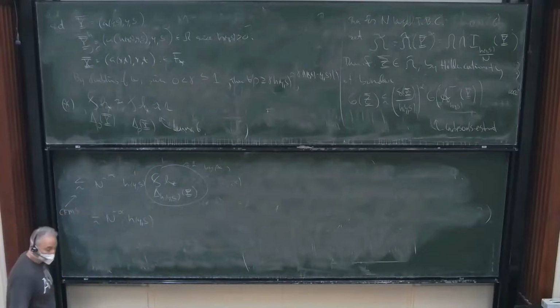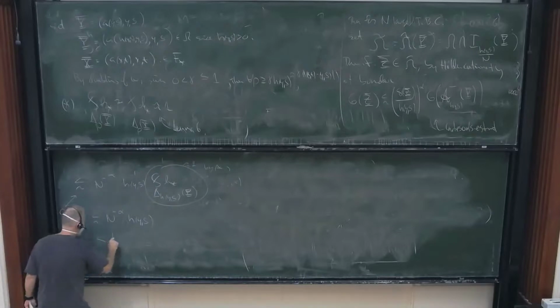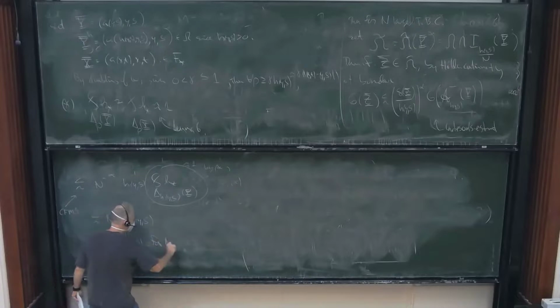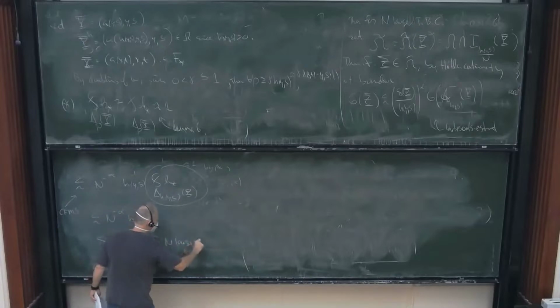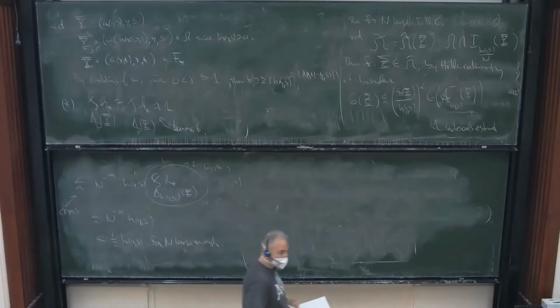Which, if we take n large enough, is going to be less than, say, 1/2 h of ys. Okay? But on the other hand,